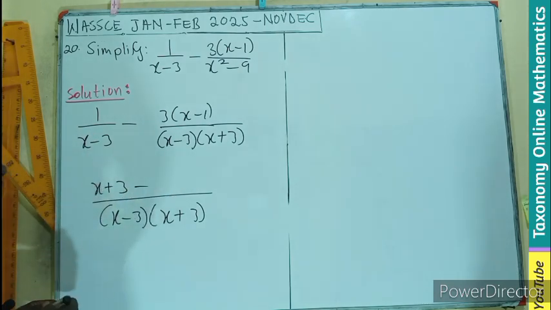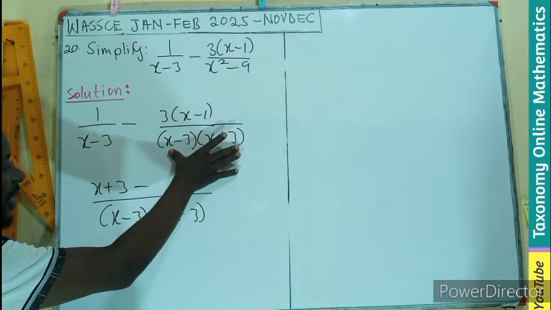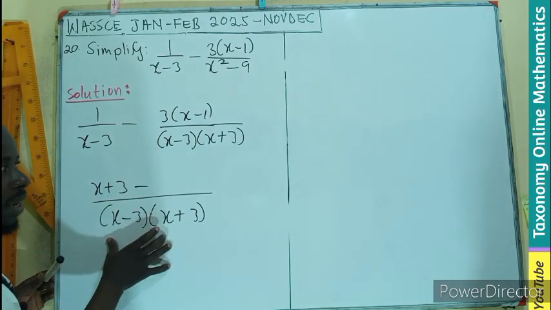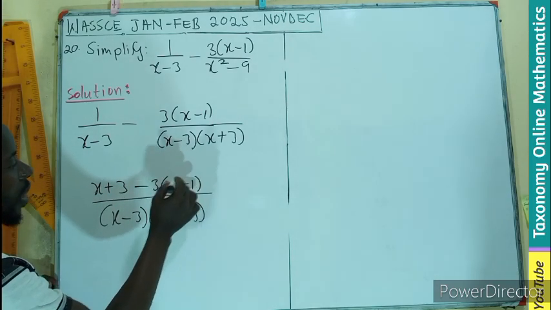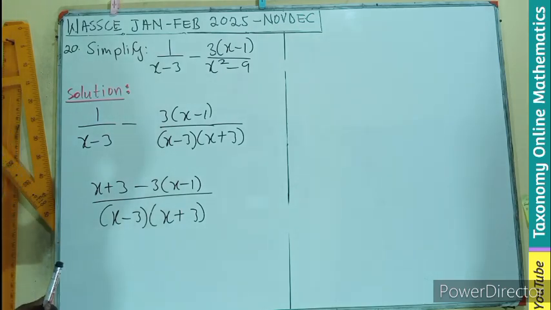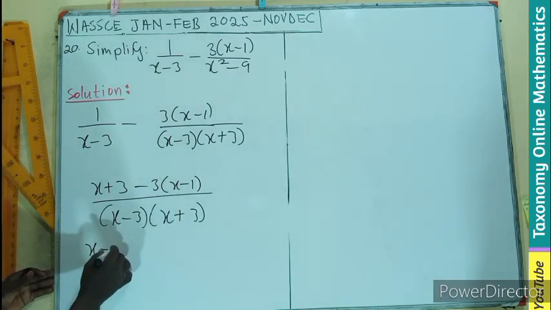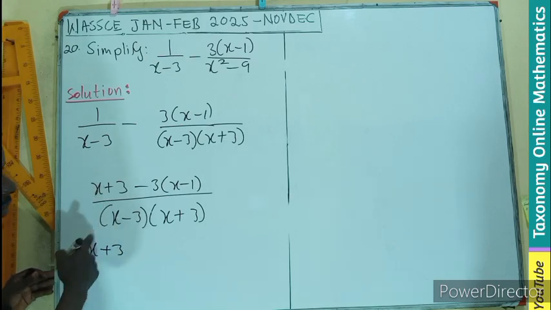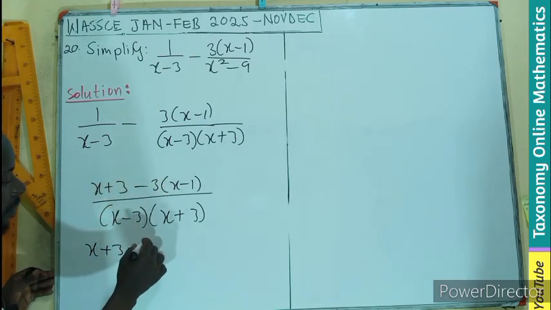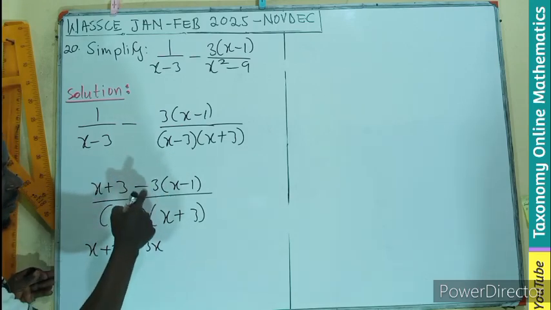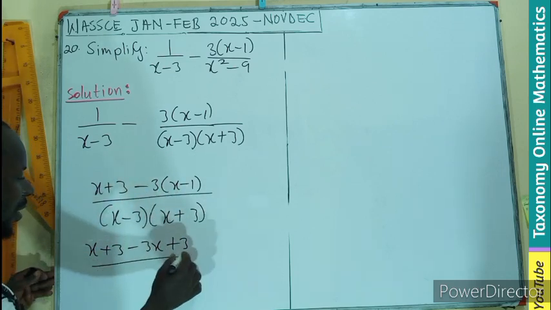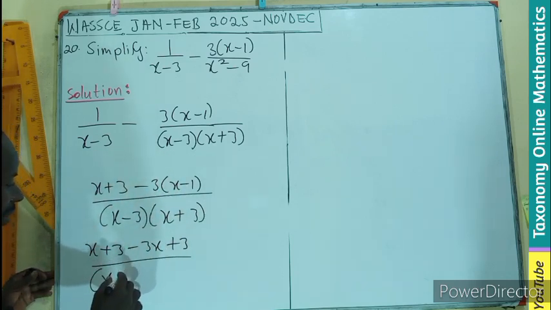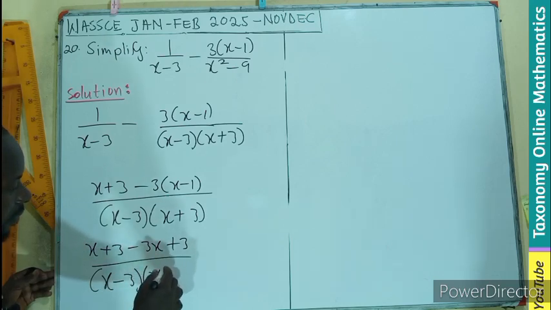x plus 3. Then this minus, when this divides this, it becomes 1. Then 1 multiplied by 3, (x minus 1), all squared. So now let's simplify the numerator. This becomes x plus 3, I think it's plus, right? Minus 3 times x, minus 3x, minus 3 times minus 1, plus 3, divided by x minus 3, x plus